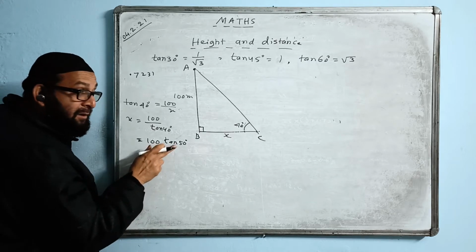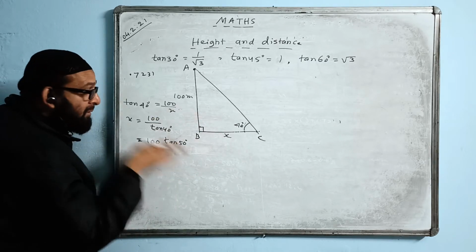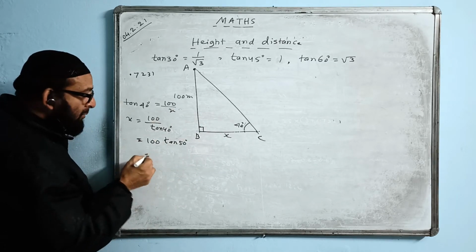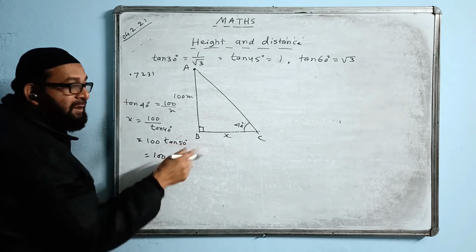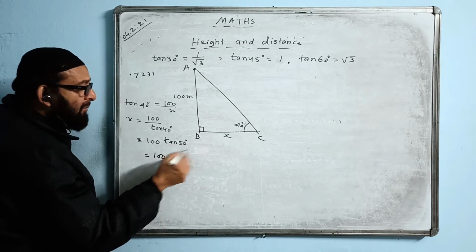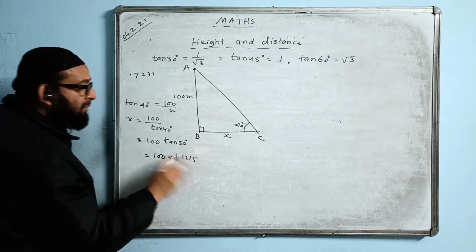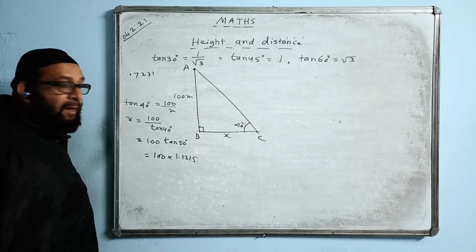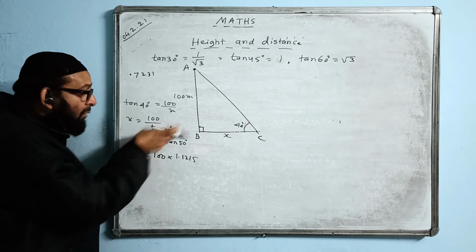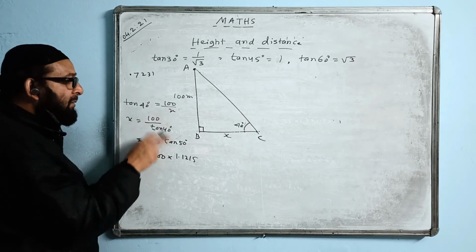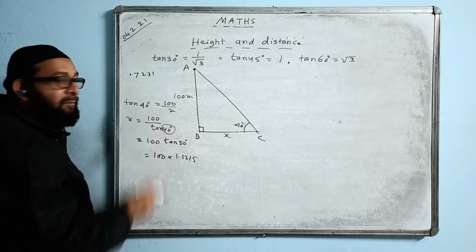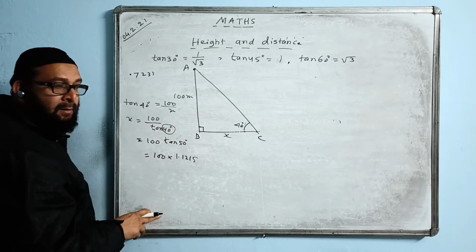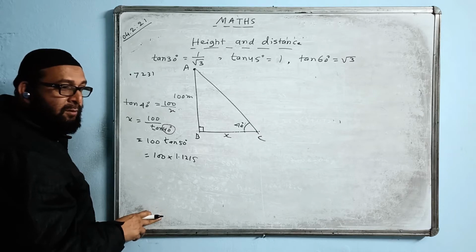And you will see the value in the table, tan 50 degree value you will see, you will not see the value tan 40. You will write 100 and now tan 50 value you will see in the table, that is supposed to be, I just guess, 1.215, then you will multiply. Here we avoid division by taking this value up. How can we take tan up? This angle you have to subtract from 90. Understood?